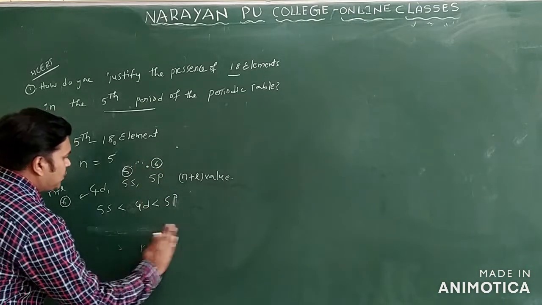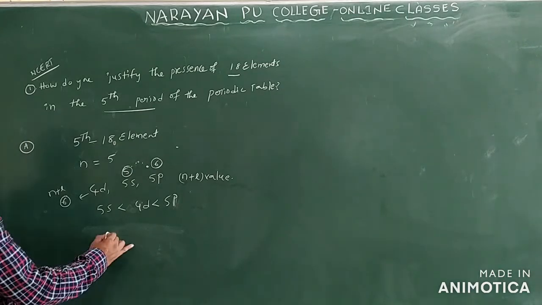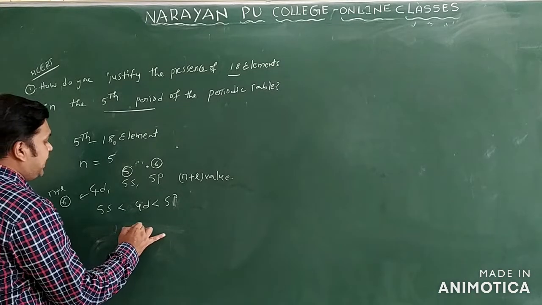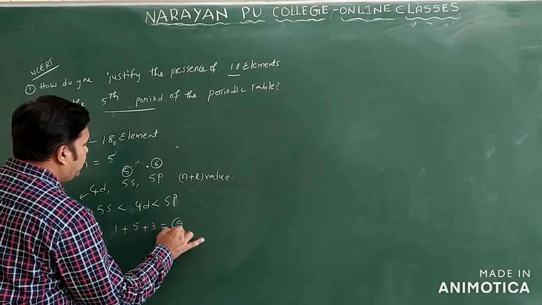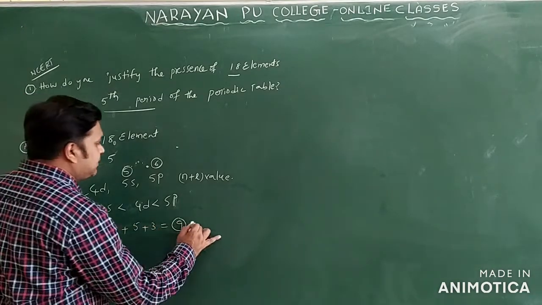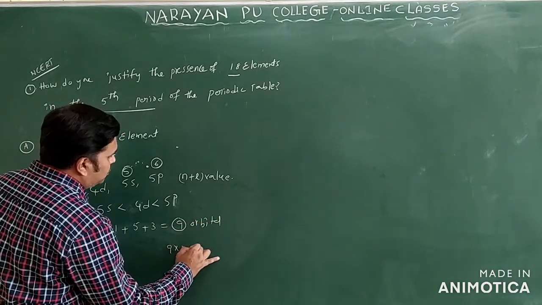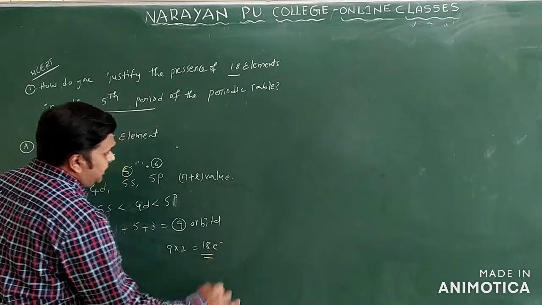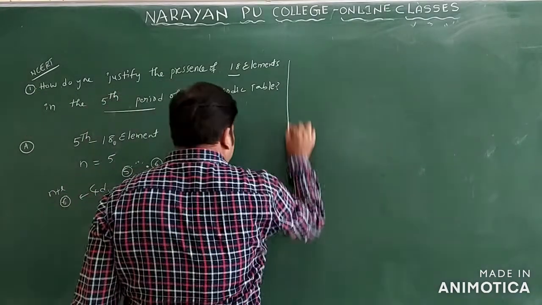Now you will say how many electrons. First you can find how many orbitals. The s orbital is 1. The d orbital is 5. And the p orbital is 3. How many do we have in total? 9 orbitals are there. So 9 orbitals means 9 into 2, that is equal to 18 electrons. 18 electrons are there. So this is regarding the question they asked in this NCERT exam.